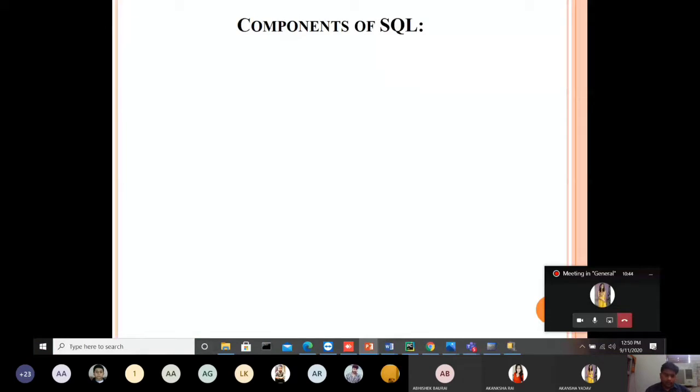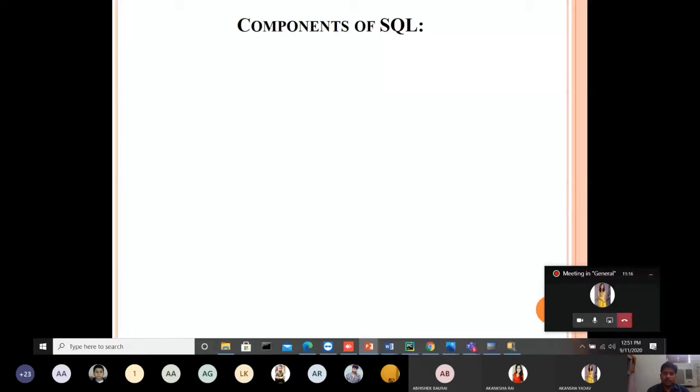So when we talk about the different component of SQL, as we have seen, SQL is classified in sub languages, right? And these languages are classified as DDL, DML, DCL, TCL, and DQL, right? All these 5 different types of language will have a certain set of instructions or statements by which we can create, define, and modify our database as per the time, right?